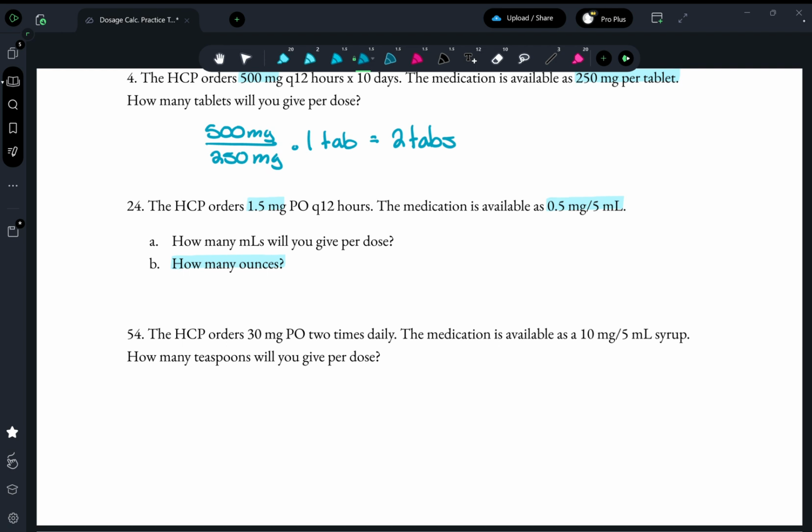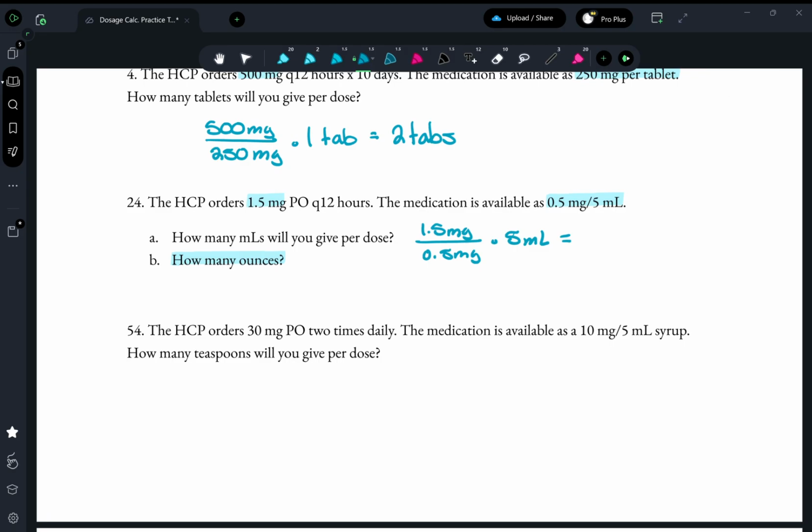So first, we have 1.5 milligrams ordered. It's available as 0.5 milligrams per 5 mL quantity. So now that this number is different over here, we're not just going to multiply by 1. So now you can see you cancel out the conversions that are the same. It's like dividing a number by itself. So we no longer care about the milligrams because we're going for mLs. How many mLs will you give? So 1.5 divided by 0.5 times 5 is going to be 15 mLs